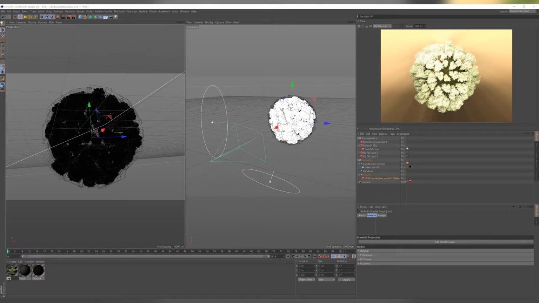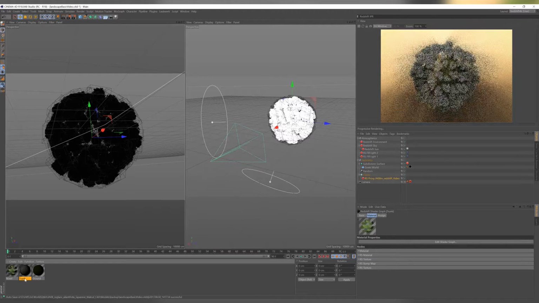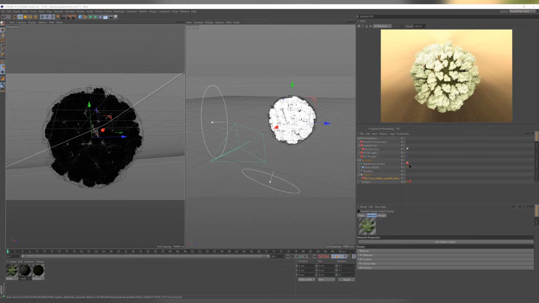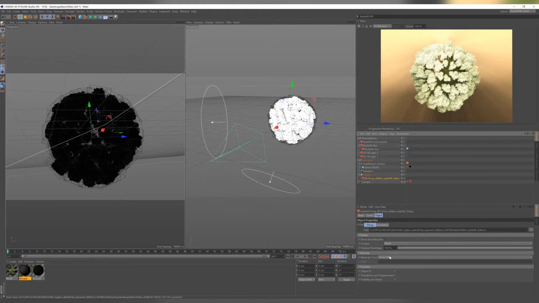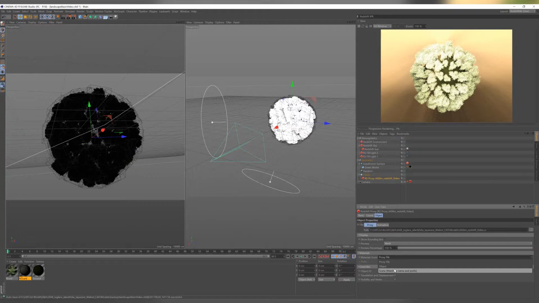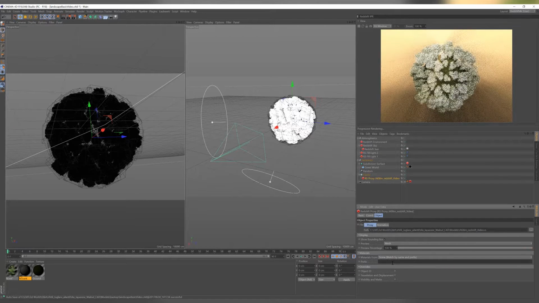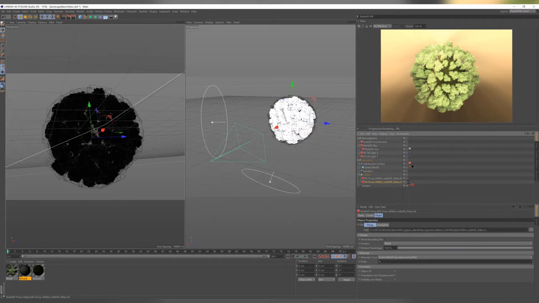The other thing that I'm going to do is give both of these a prefix, so I'm going to call this one N and this one N trunk, and then I'm going to make sure that materials is set to scene match by name and prefix, and I'm going to give the prefix N, and I'm going to call this one video dot N. Then I'm going to duplicate that proxy and call this one H for high, and then